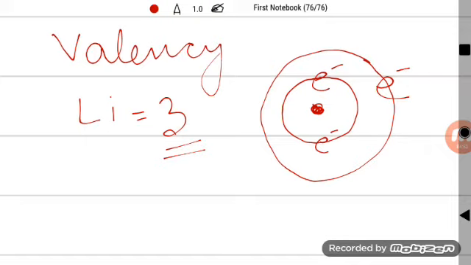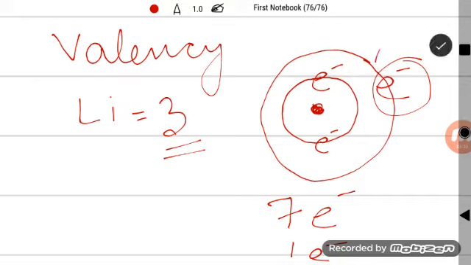Got this one? So now regarding the valency of this lithium, we need to see how many electrons lithium gains or loses to complete its octet or duplet. Now what is the meaning of this octet? Octet means every atom wants to have 8 electrons in its outermost shell. Okay, so in this lithium case, either lithium waits for such an atom who can donate 7 electrons, and the second option for lithium is that it can donate its own one single electron to someone else.